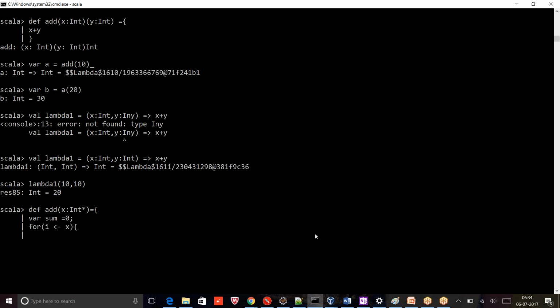Suppose if you pass two parameters, 1 comma 1, it is 1 plus 1. If you pass 1 comma 2, 1 plus 2. If you pass 1 comma 2 comma 3, 1 plus 2 plus 3. So that kind of operation I want to do. So how will I do that? Sum equal to sum plus